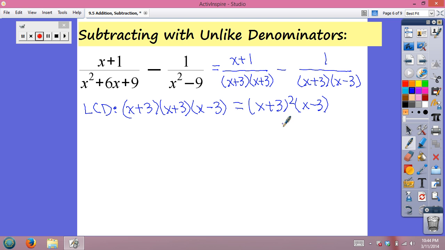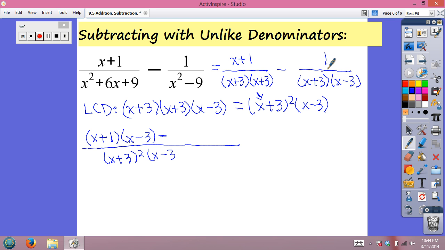So what we're going to do next is look in our first fraction. What are we missing in this denominator to make it look like our least common denominator? We have 2 x plus 3's, but we're missing the x minus 3. So again, we're going to take the numerator times our missing factor of x minus 3 all over our least common denominator, which we know as x plus 3 squared times x minus 3,